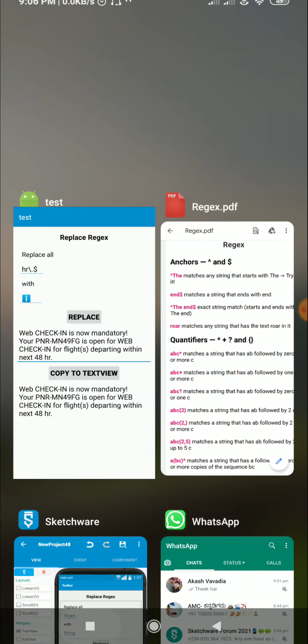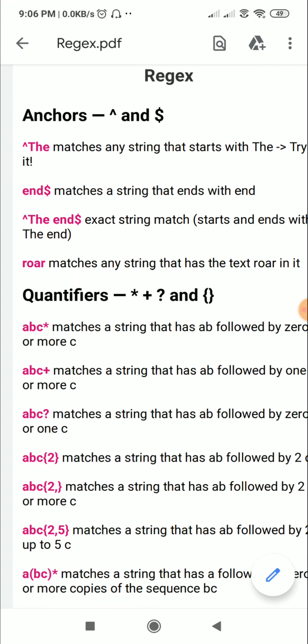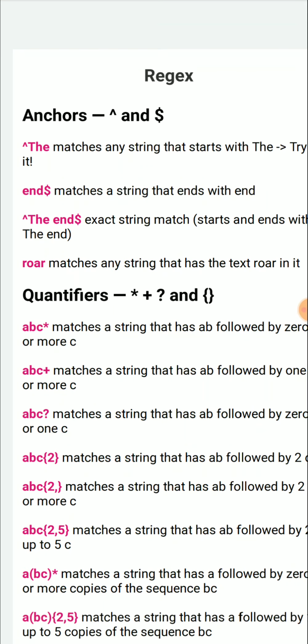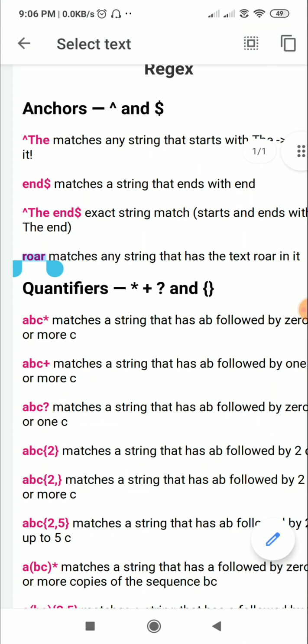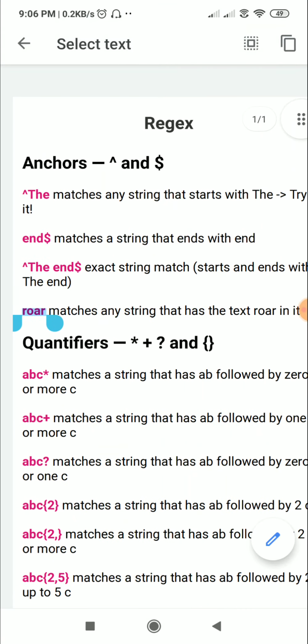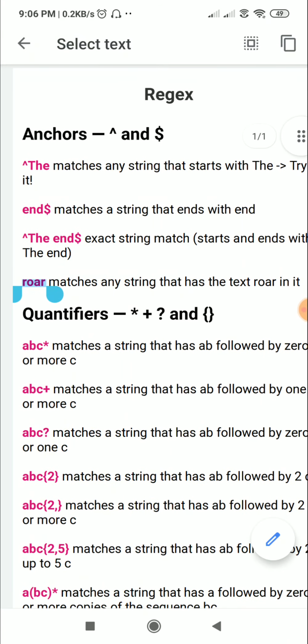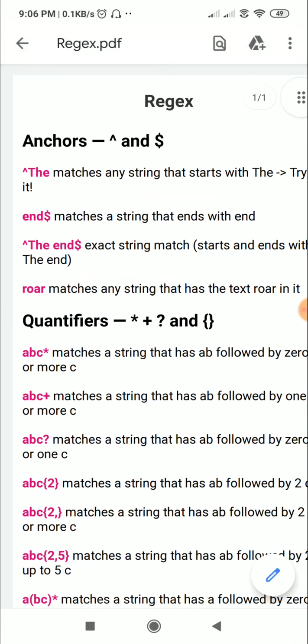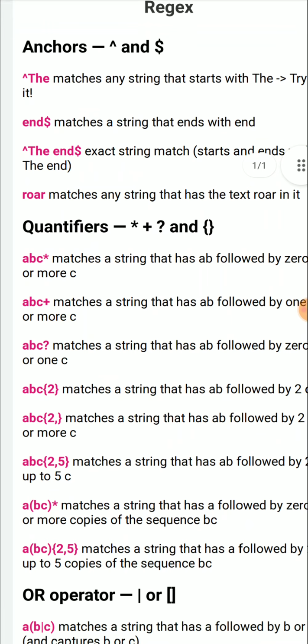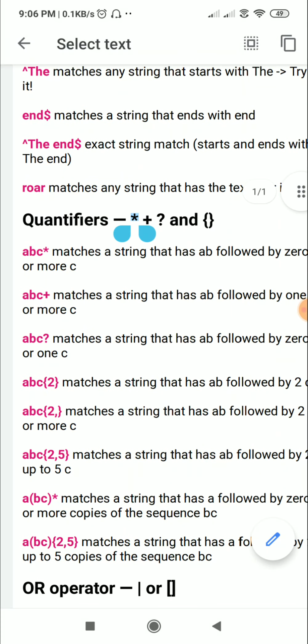Okay, let's see what else it has. So if we enter some text like row, it will match any string that has the text row, so it will match the exact string.